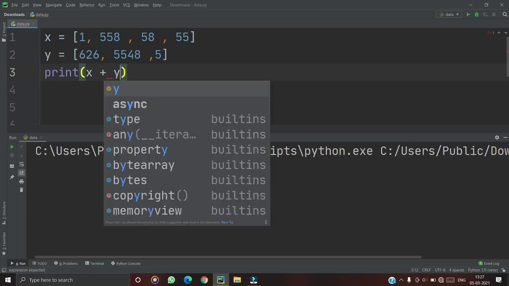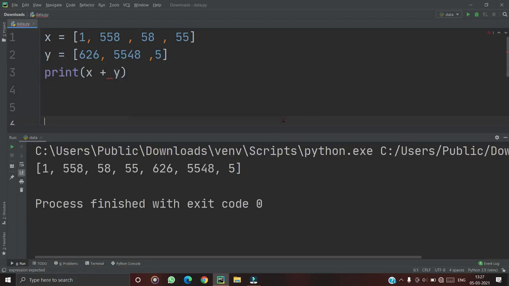Okay, if I print this, you can see here all the elements in the x and y are added in one new list. This is the way you can add two lists.